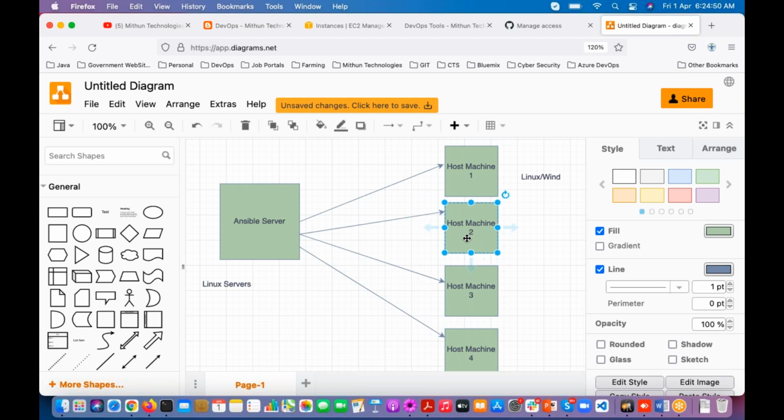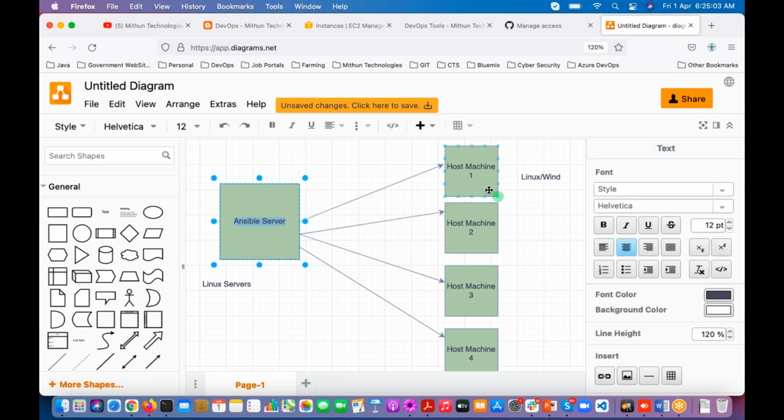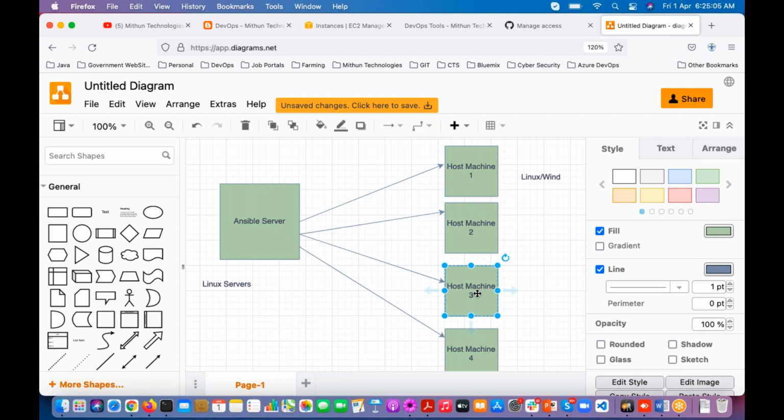Agent is nothing, it's a piece of software which we use to connect to the configuration management server. If you are going to use Ansible, you don't have to install any extra software in the host machines to connect to the server.